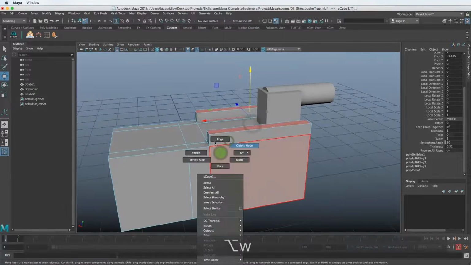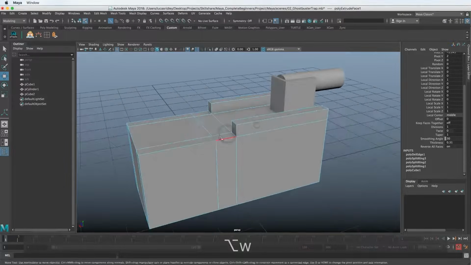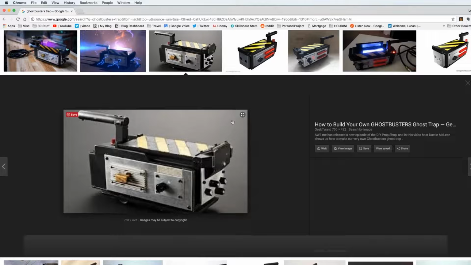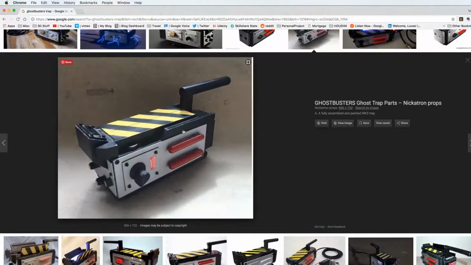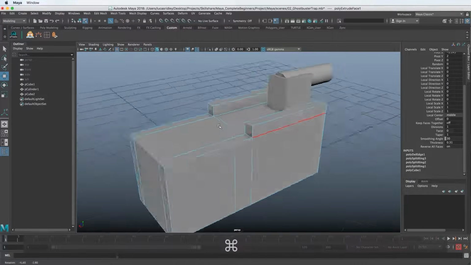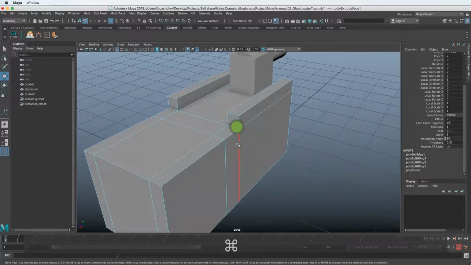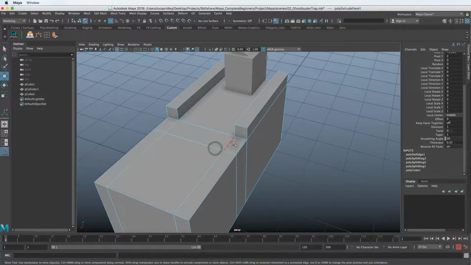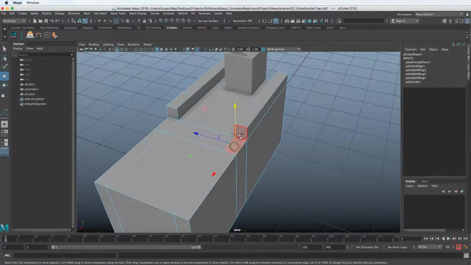Now the problem we've encountered is we have this stair step look instead of a straight edge, the diagonal that we're going for. If we look at the reference, let's get a better picture. Okay, now that we have a better picture, we can see that this is a slope. It's not a stair step. So how do we resolve that? Let's learn another new tool. So let's go to the face, and let's just delete these faces.